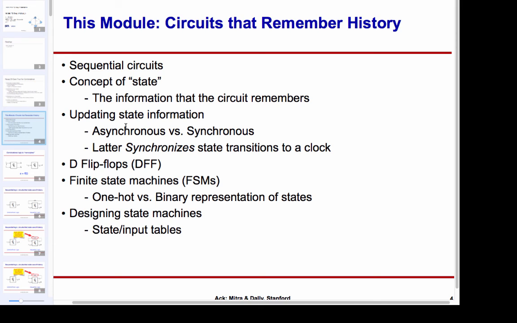The essential memory element, at the heart of it, is something called a flip-flop. It's called a flip-flop because it can store one bit of information and it can change it. It can go from 1 to 0, 0 to 1 as the need arises. So you can think of memory or state as nothing but a bunch of flip-flops. Each flip-flop at any given point in time could have a state of 1 or 0. So if I have 10 flip-flops, I have 10 bits of